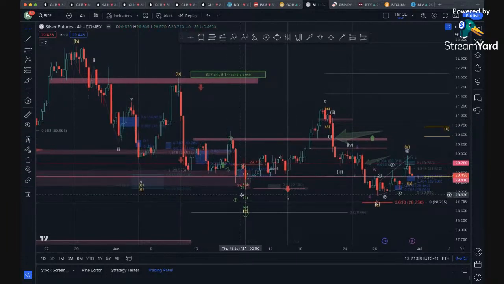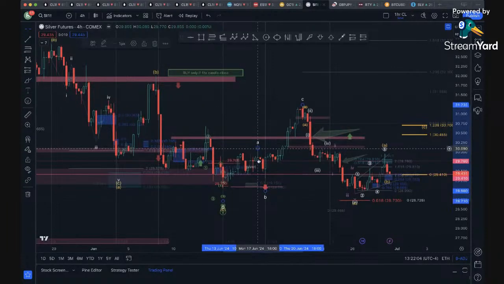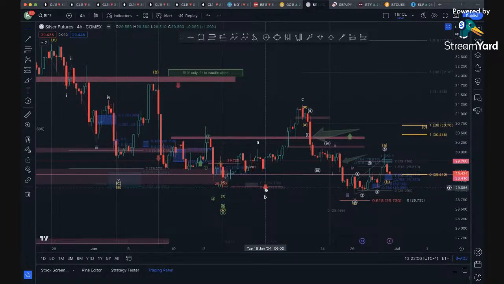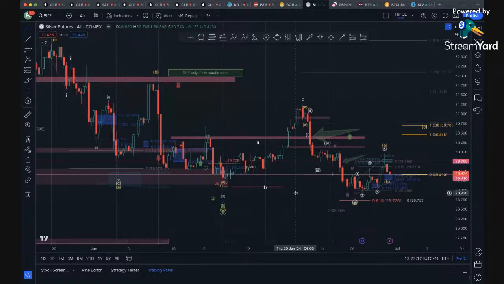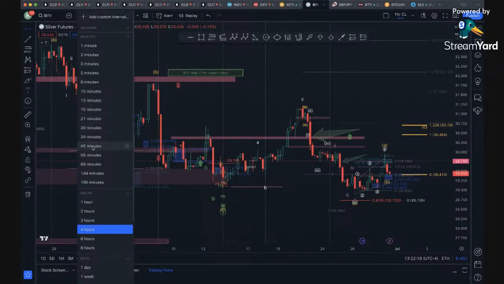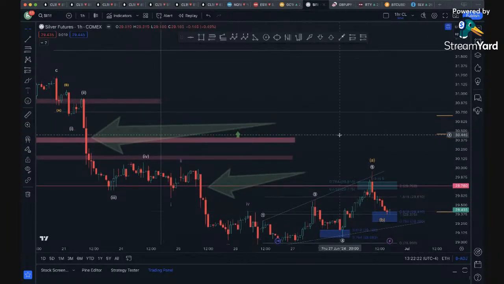So then we came down and bottomed again, and it's kind of a similar idea. This could have been an impulse, but it appears to be moving in threes still, which has me labeling a lot of these movements as ABC. And then, of course, I'm using Fibonacci measurements. So let's drop down now to the 1 hour time frame so we can see what I'm looking at